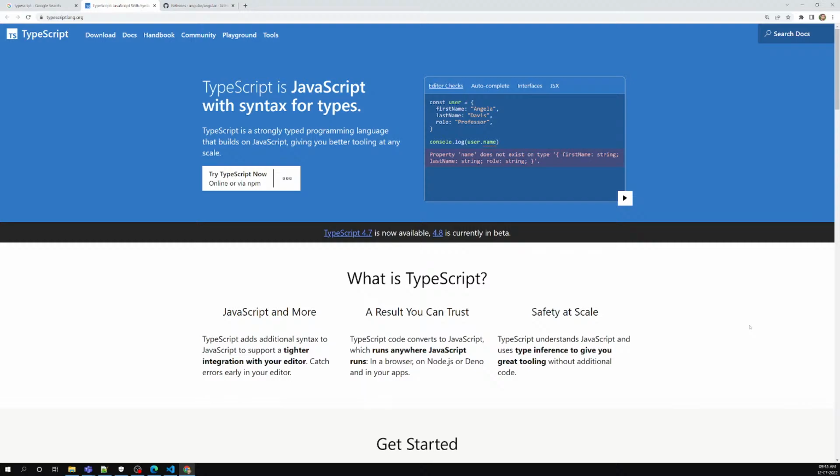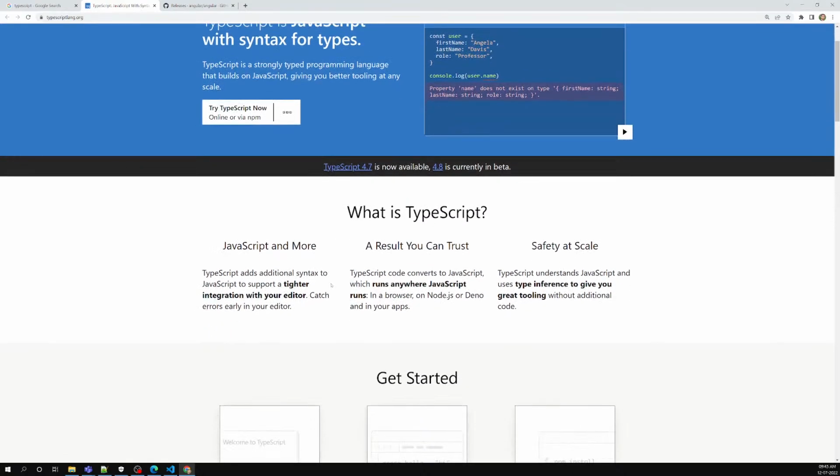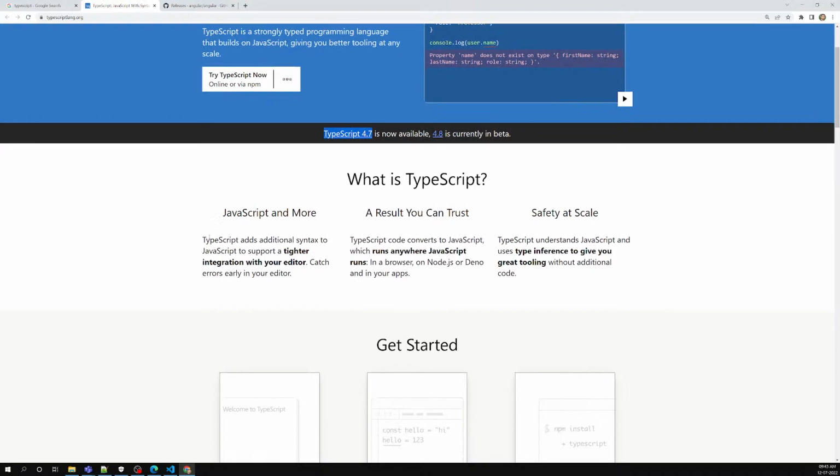Now you understood what TypeScript is. Here you will be able to understand the definition itself if you read it. Right now the latest version is 4.7. TypeScript adds additional syntax to JavaScript. So TypeScript uses JavaScript only, but it adds some additional syntax, that means some additional features, to support a tighter integration with your code editor. I will show you the tighter integration with your editor, how TypeScript benefits us when we are writing